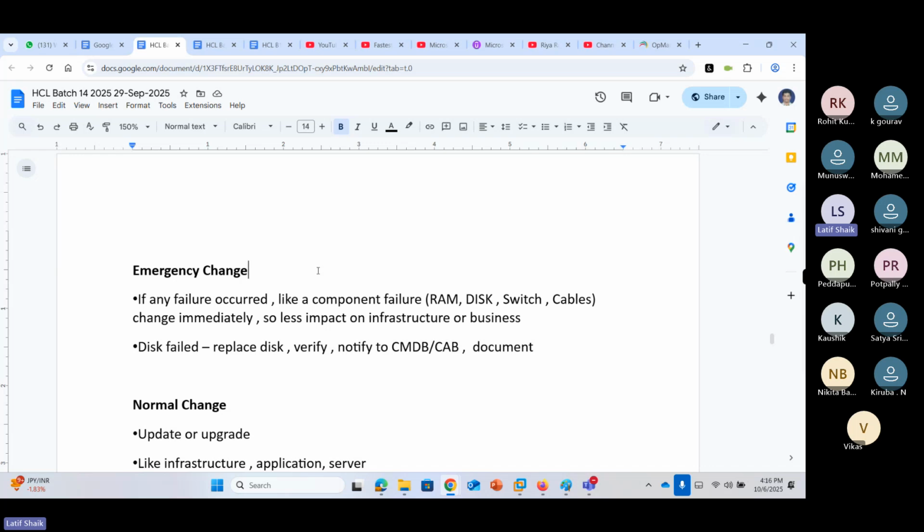A new employee joins with some system requirements. You need a laptop with 32 GB RAM, an i7 processor, and 1 terabyte of storage. Do you have that kind of laptop in your inventory? If it is there, or maybe you need to add extra RAM to it because you're asking for 32.